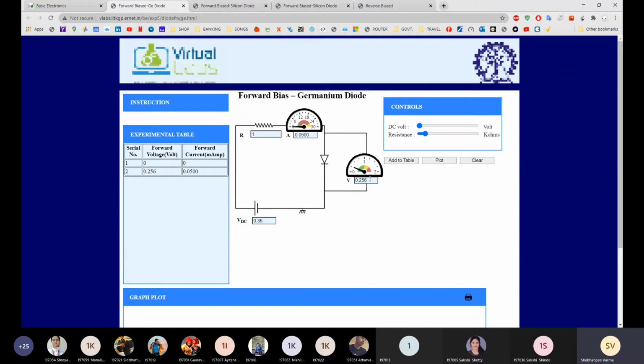Okay, this is the diode voltage, the voltage across the diode, and this is the diode current. And what is your external voltage? You are going to write it over here. It's 0.35. Okay, then make it 0.4 external voltage. Do it precisely. If you cannot, then take a reading at 0.5 also. Now it's 0.55. Your current is increasing. Your current is 0.250, and voltage is 0.262. Add it to the table. See, so here your external voltage is 0.55.